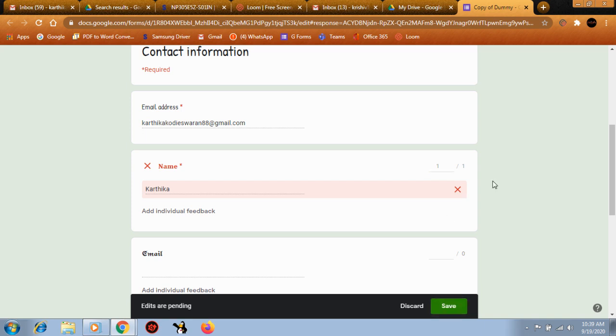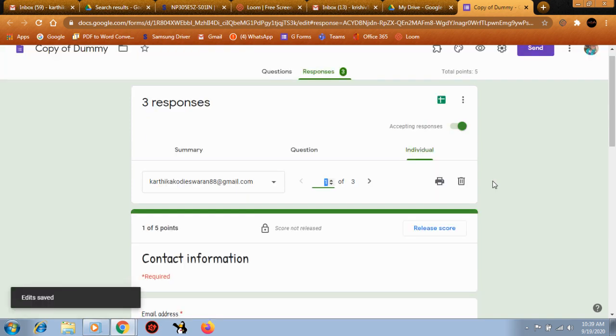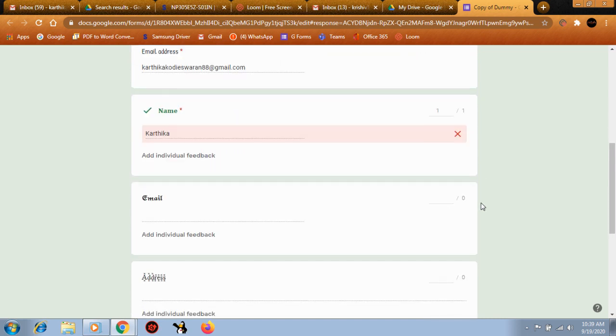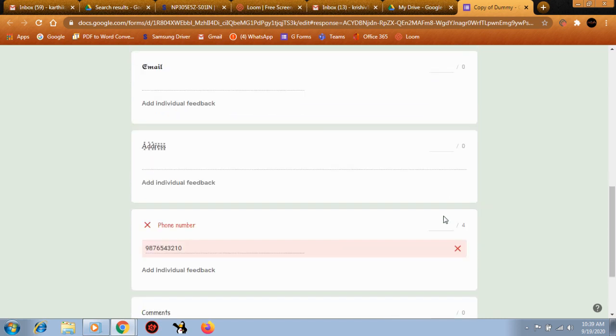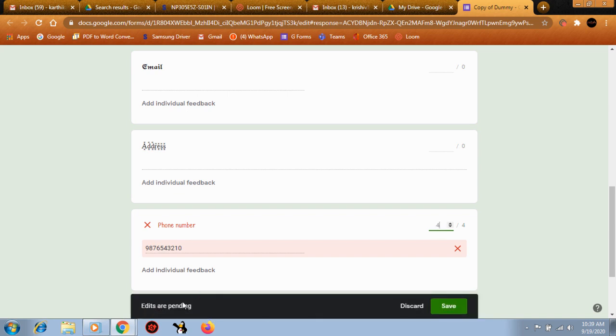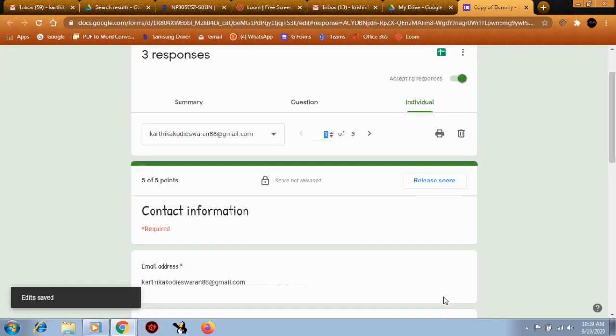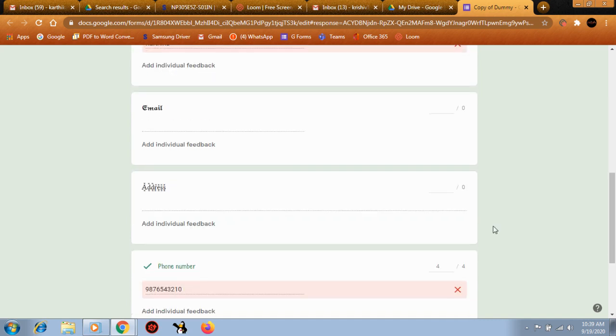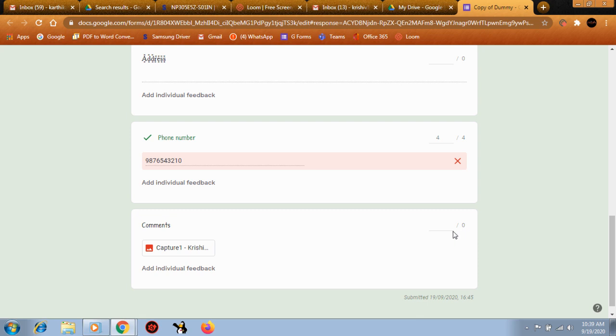You have to save. This is not like your normal Google form creation. In normal Google form creation, whatever you type will be saved automatically. But here you have to save manually. So whenever you make changes, you will get a bar at the bottom to save. Okay, see, I'm just typing the number, I'm getting it, edits are pending. So click save as and when you are entering the marks. Okay, anyway, you are going to enter marks only for the subjective questions, not for the objective questions. So make sure you enter marks for everything.